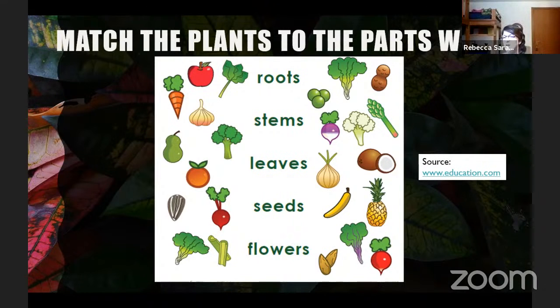Awesome. Okay. So you can ask each other actually, or you can just pick one. You can tell me which one you prefer. Maybe even asking each other questions could be good, I guess. So we can pick one of these veggies or whatever around, and we can try and guess whether it's the roots of a plant, the stems, the leaves, the seeds, or the flowers. So which part of